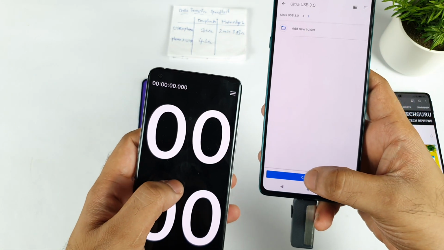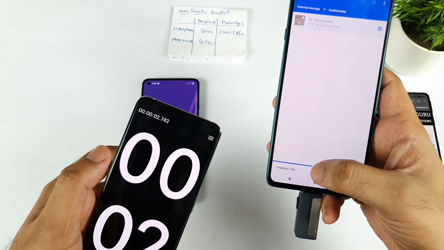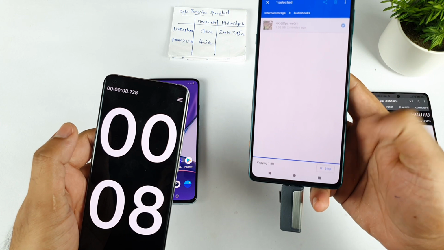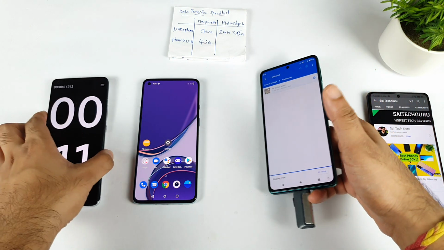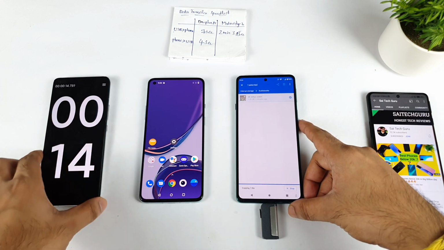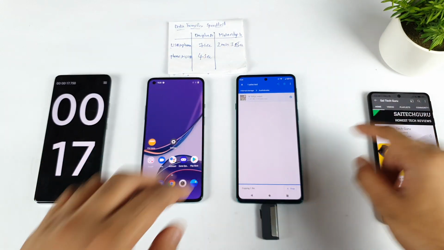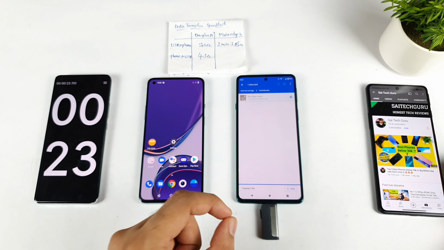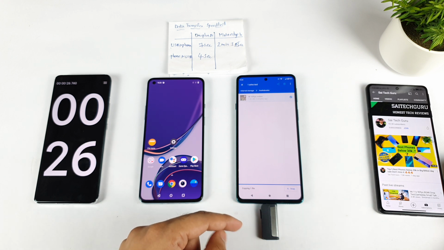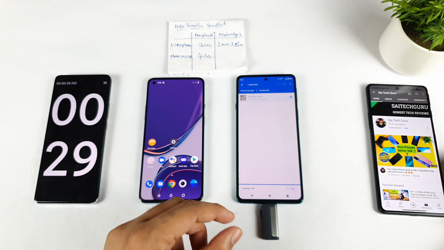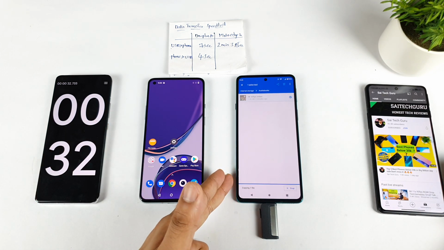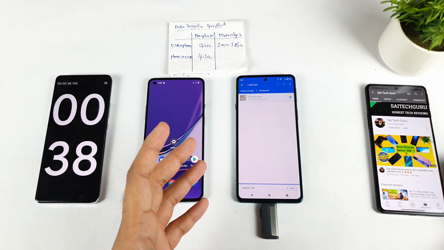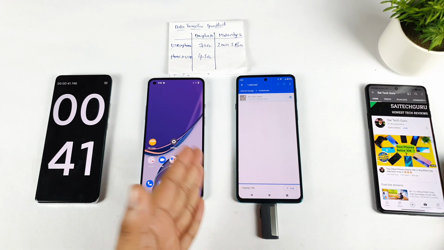How much time? 1, 2 and 3. It will show that it's copying very fast, but it's not copying that fast. After some time it will try to stop at the end. So again, this process is going to take a lot of time. You need to have very much patience while doing this kind of data transfer. If you are using this 2.0 port on the Moto H20, you can clearly see how slow it is. I'd like to compare with other phones as well, using the Moto H20 2.0 versus iQOO 7s or maybe Realme X1 Max, Poco F3 GT, OnePlus Nord 2. In this you will be able to understand how much difference there is between this phone and those phones.